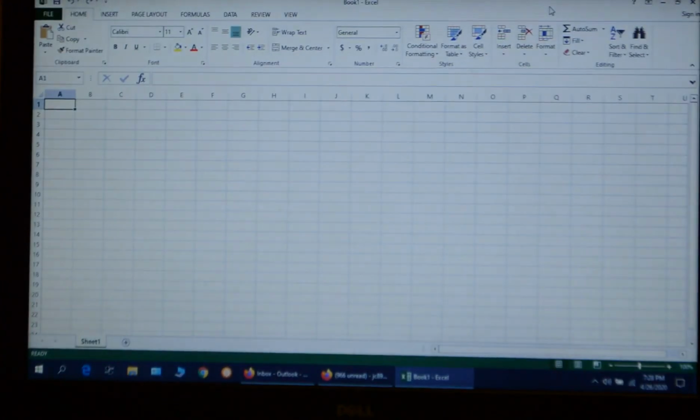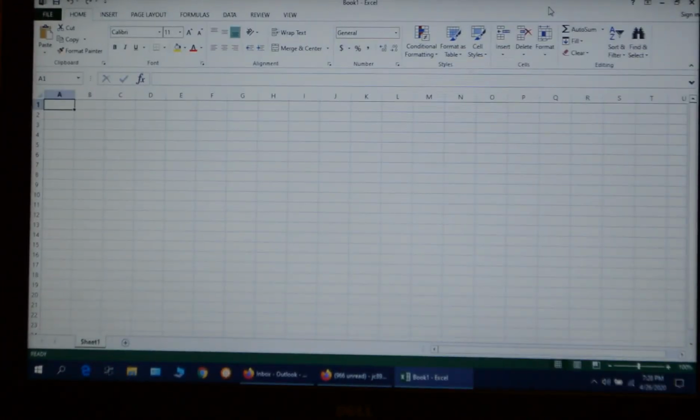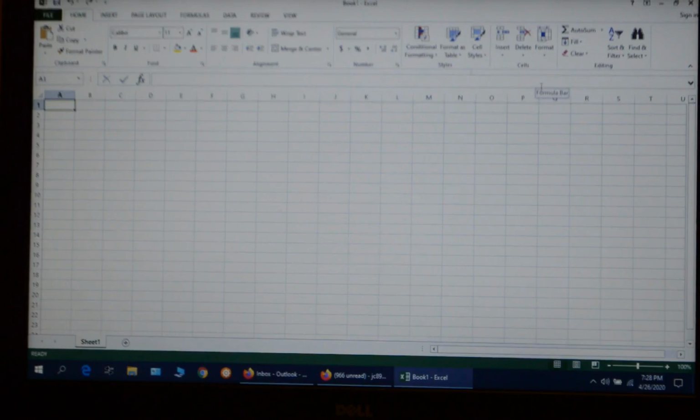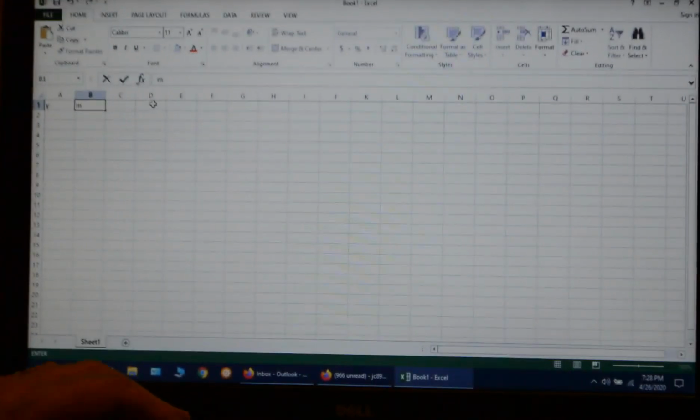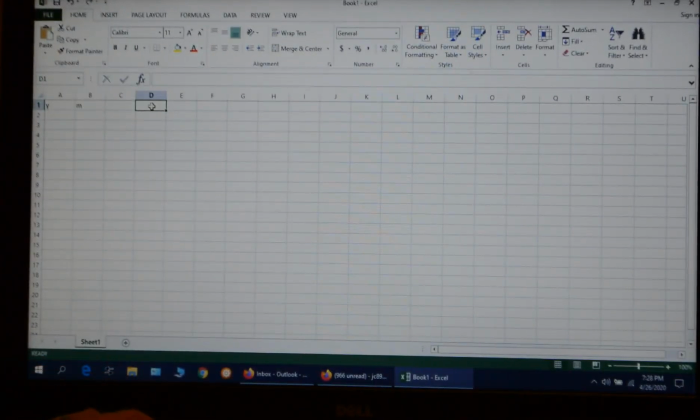Okay, so I have a spreadsheet opened up, an Excel spreadsheet. I'm going to enter the data. So the data, we always have to put the horizontal axis in the first column. So our horizontal axis is going to be the y data. So I'm going to put y here and then a little m for mass, and then we're going to do that for the spring as well. So we have two of those. So I'm going to have y and m, and then our third is going to be T squared, so I'll just put a T,